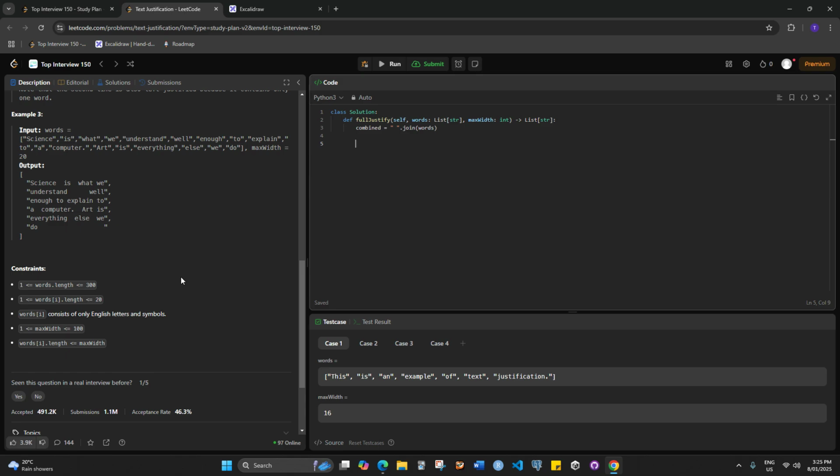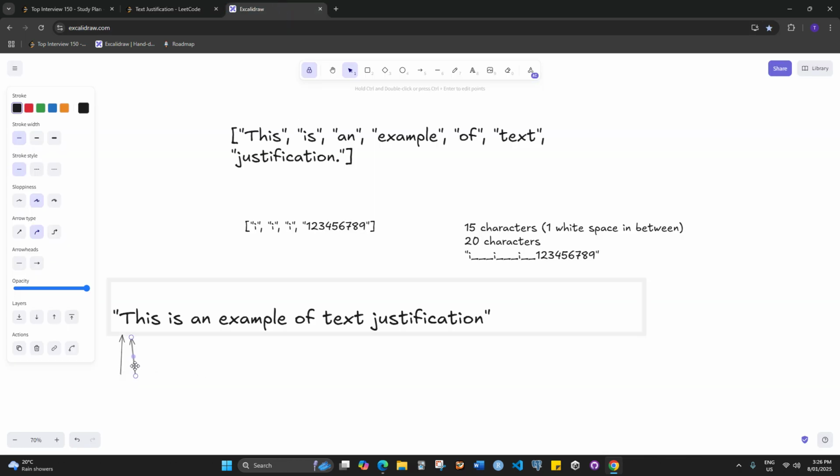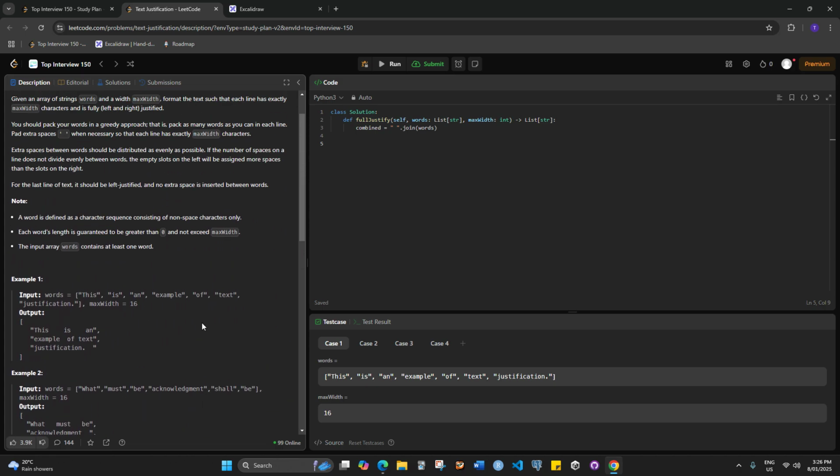Okay, and then words.length is less than or equal to 300. words[i].length is between 1 and 20. So there's going to be at most 300 words, and it seems like there's going to be at least one word. Okay, good. So if there's at least one word, then what we can do is